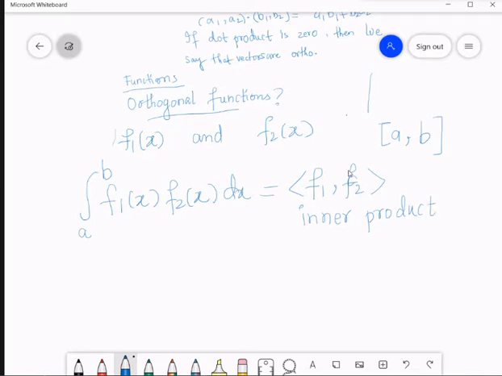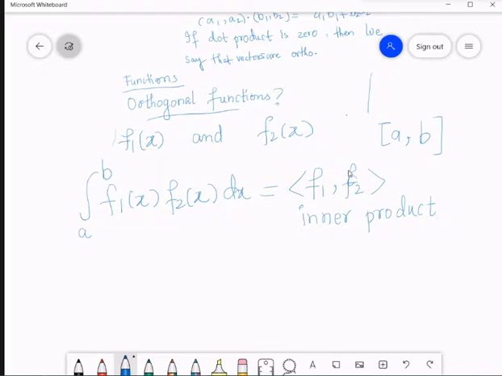Okay, now what we have to understand is how the inner product is defined. The dot product, or rather its analogy or extension in the case of functions. Now we want to see, is this idea of dot product clear? Or for example, let me take some functions and find the dot product of f1 and f2.